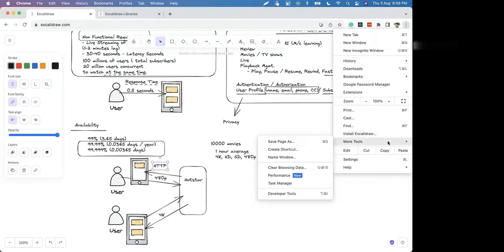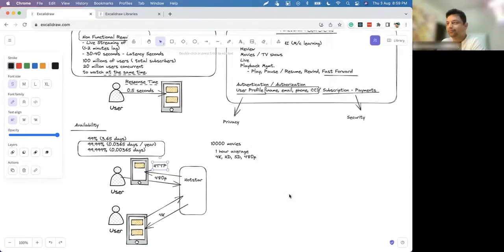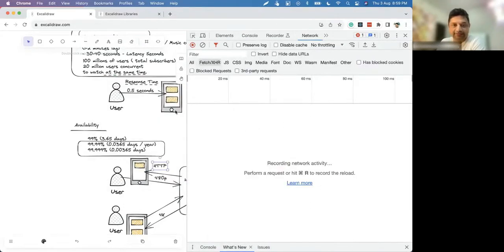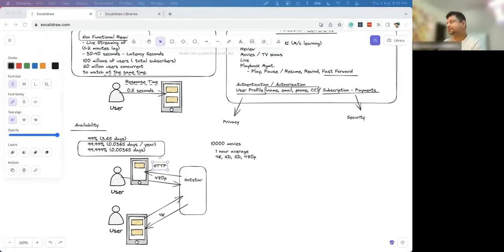Say for example, if I open developer tools and make a request in the network tab, let me show you an example where I can demonstrate that.